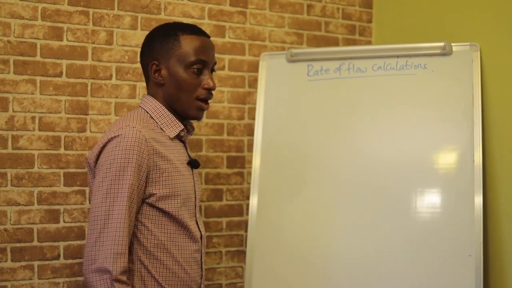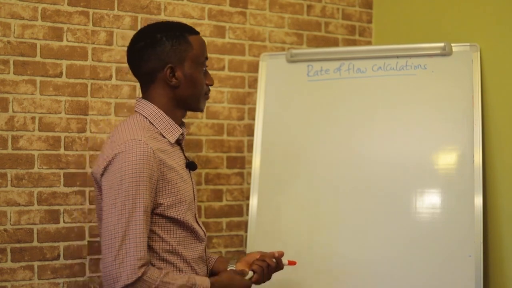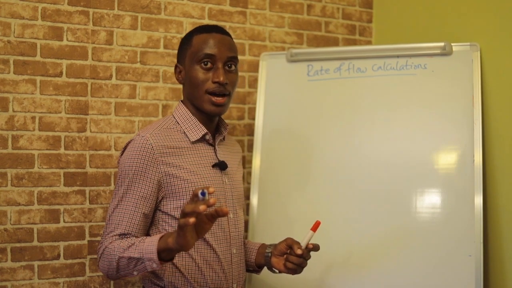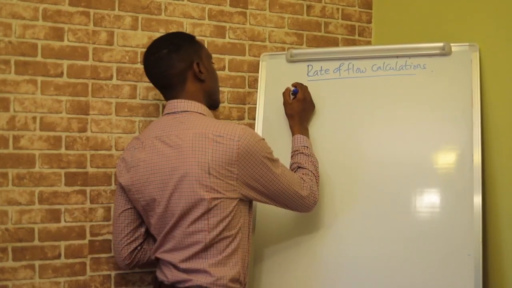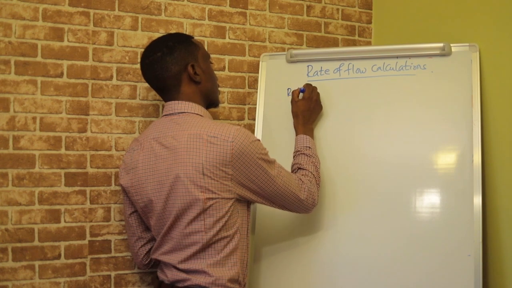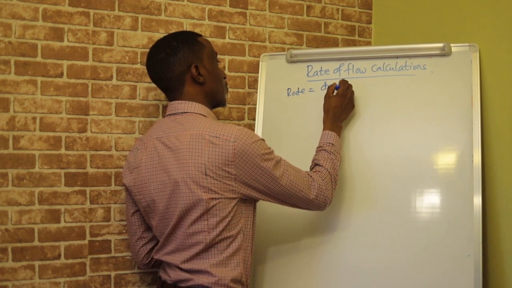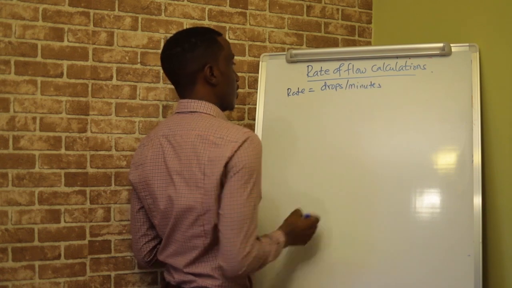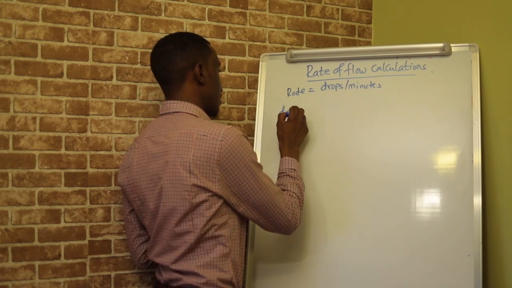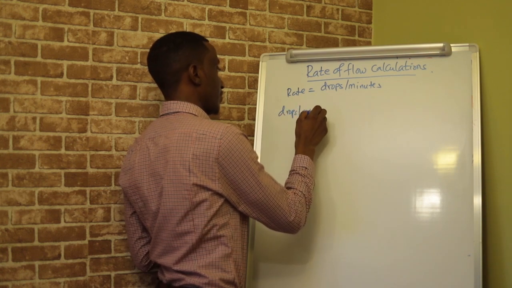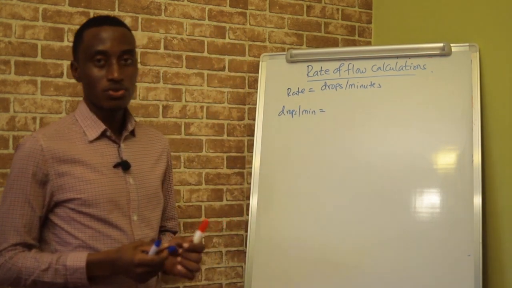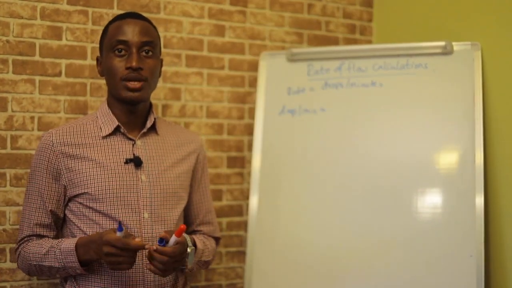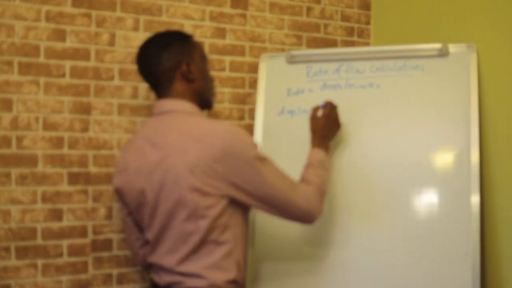So, infusion rate. Remember that rate means something over time. So infusion rate is calculated in terms of drops per minute. So drops per minute, this is the rate. And in order to calculate this, you need to have a certain volume of fluid which you need to administer to the patient. So we need to have the volume